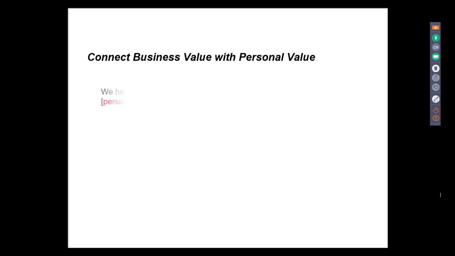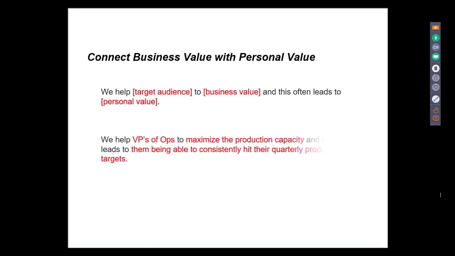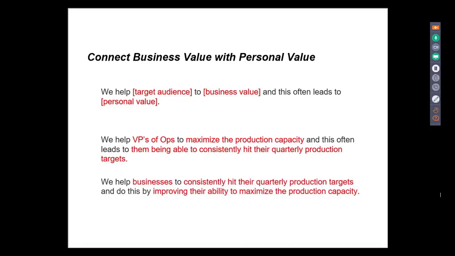Connecting business value with personal value. So we help target audience to business improvement, and this often leads to a personal improvement. We help VPs of ops to maximize the production capacity, and this often leads to them being able to consistently hit their quarterly production targets. We help businesses to consistently hit their quarterly production targets and do this by improving their ability to maximize the